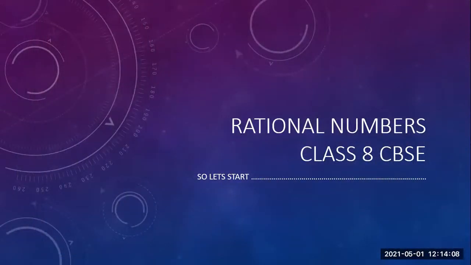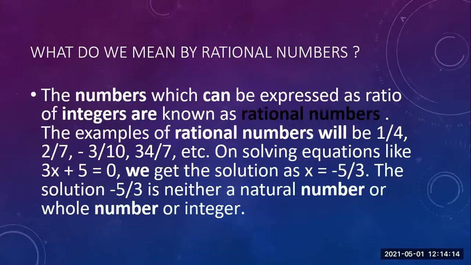Today we're going to learn a new topic, rational numbers. Class 8 CBSE. What do we mean by rational numbers? The numbers which can be expressed as a ratio of integers are known as rational numbers. The examples of rational numbers will be 1 by 4, 2 by 7, minus 3 by 10, 34 by 7,